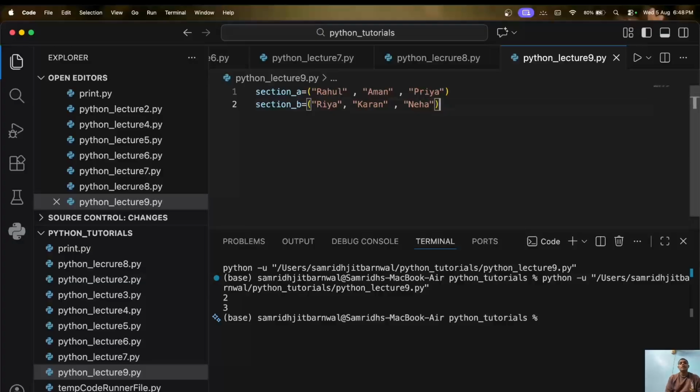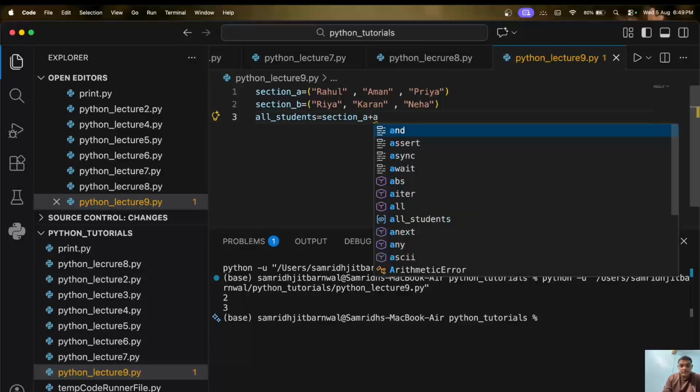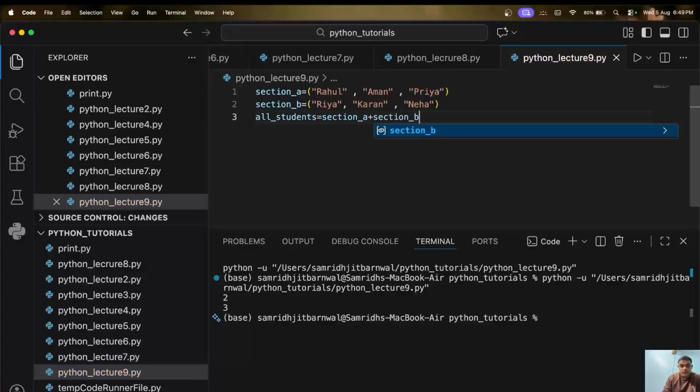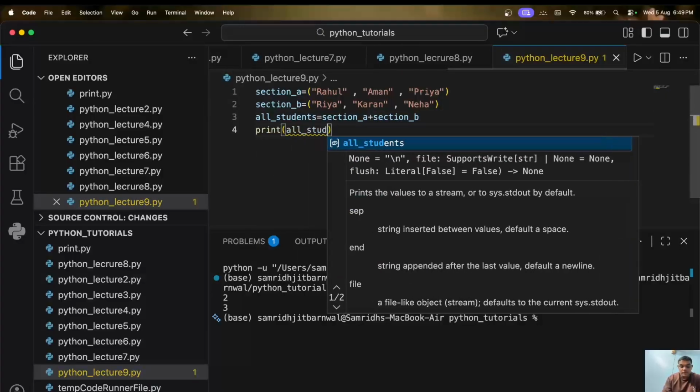Now imagine that the school wants a single attendance list containing students from both the sections. Instead of typing every name again, Python allows us to join both tuples using the plus operator. Now type the following code with me. So all students is equal to section A plus section B. Now if I print all students,